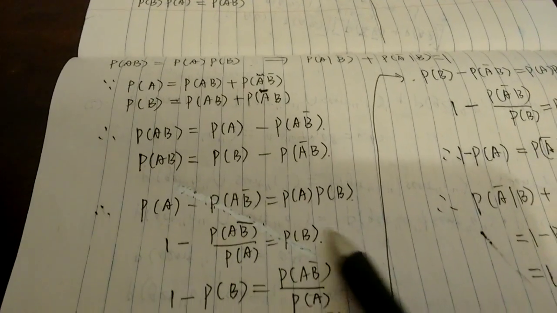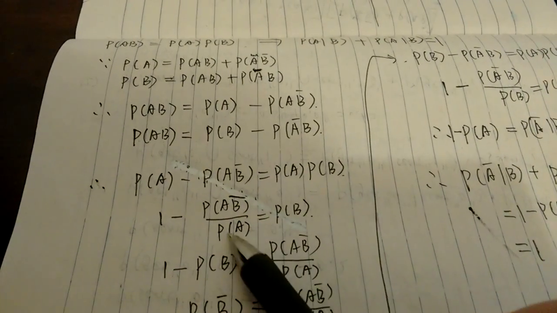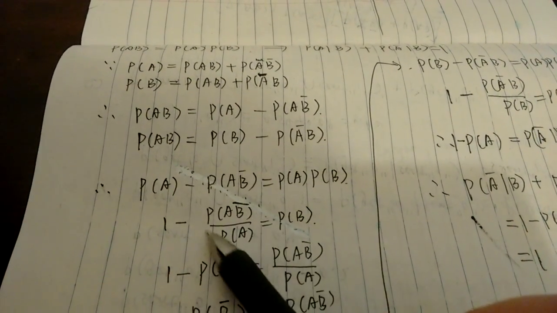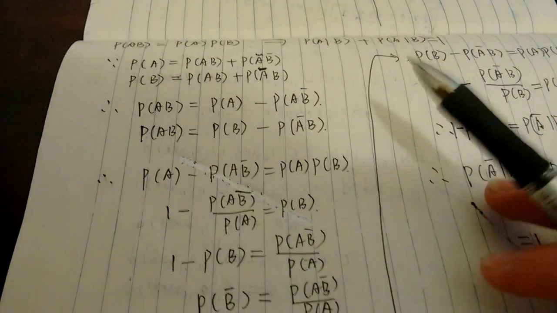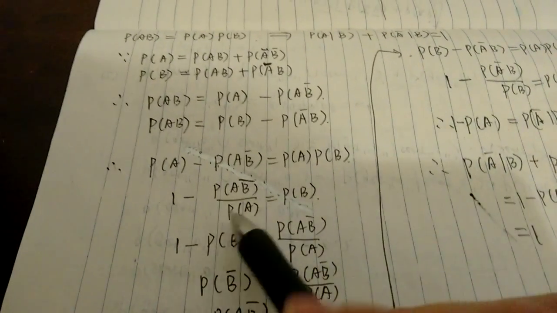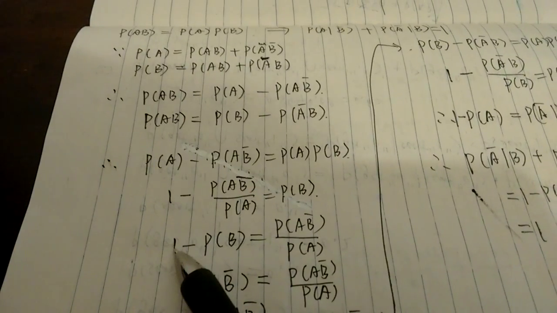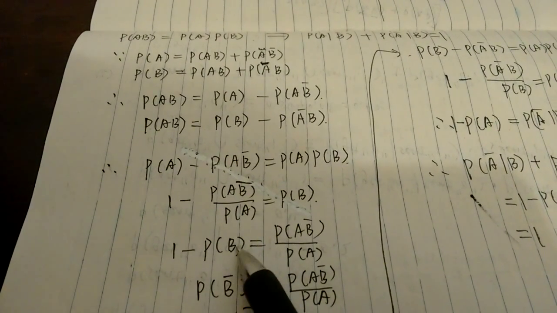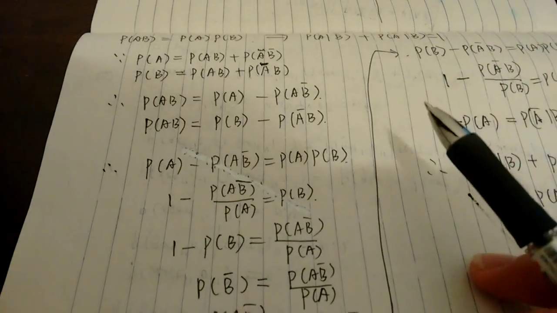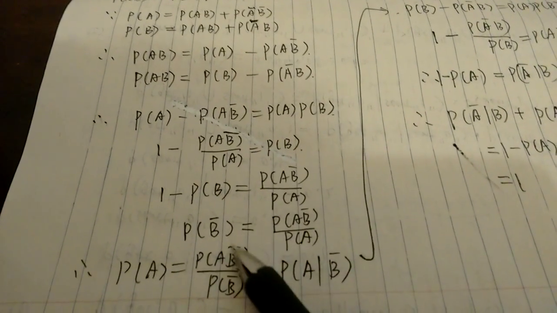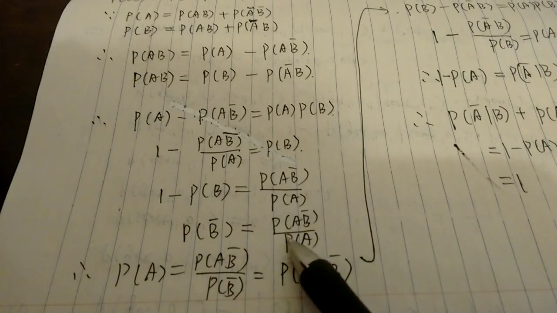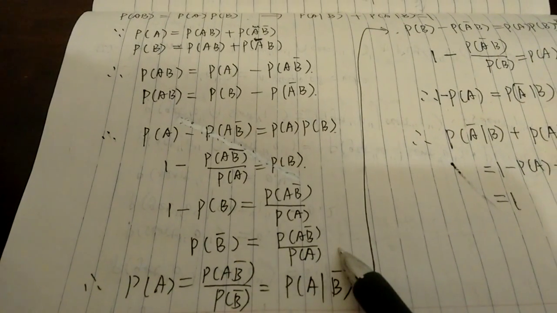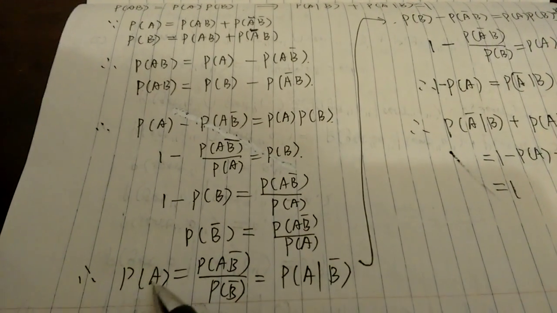We could get this equation, and using this equation we could also write it, and 1 minus probability B equals probability B complement. So we could get this equation,